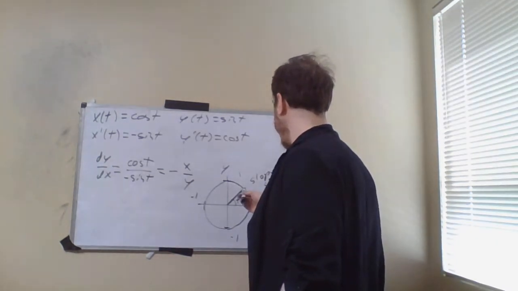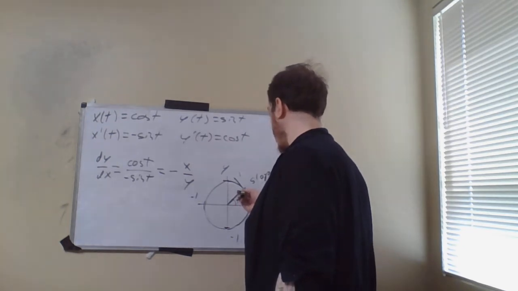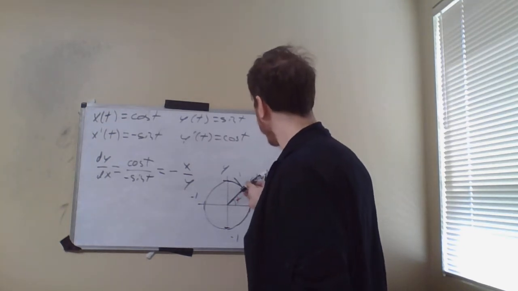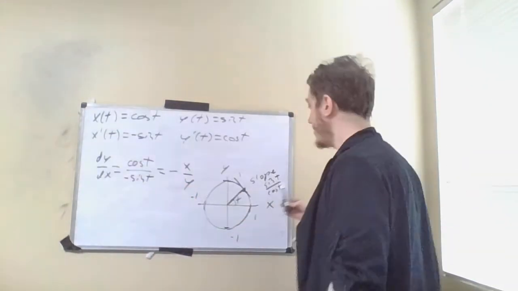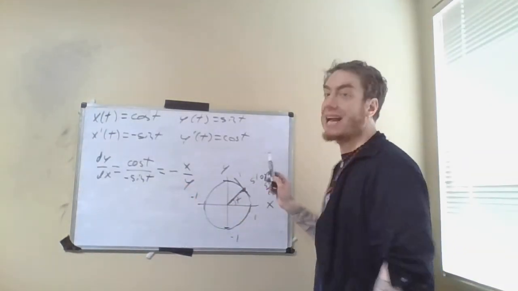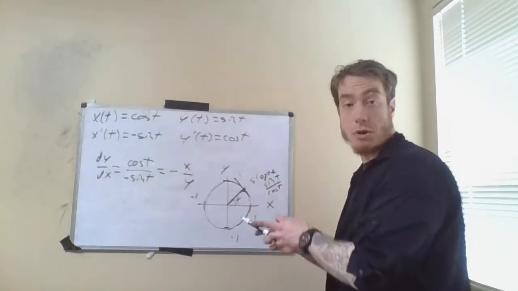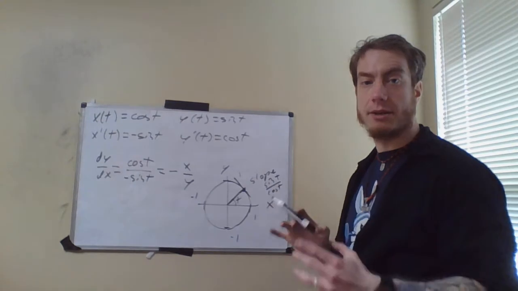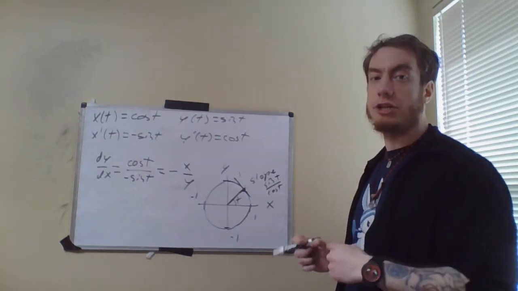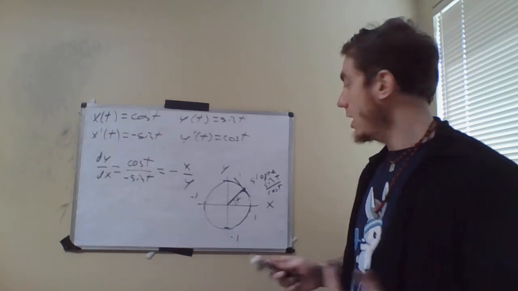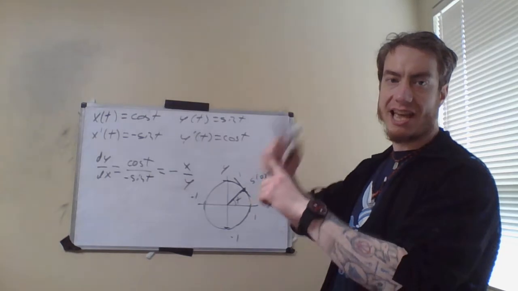Well, what is the tangent line? The tangent line should be perpendicular to the radial line. That means the slope is going to be the negative reciprocal of it. And therefore, that is exactly what we find in this case. Before we had the notion of tangent lines defined using calculus, the very first, to my knowledge, definition of a tangent line was tangent lines to a circle, where you can say, it is the line which is perpendicular to the radius and touches the